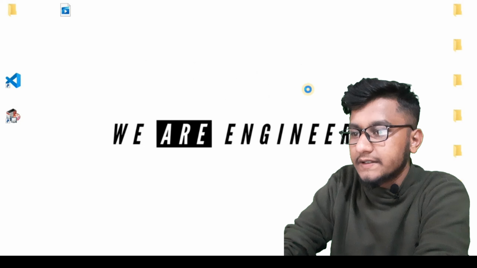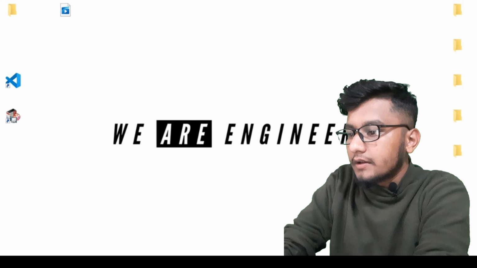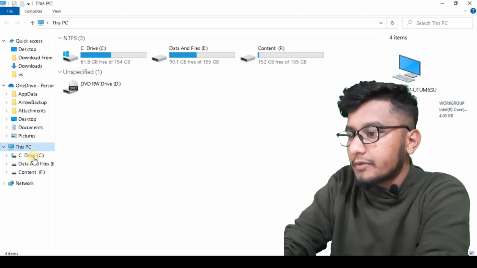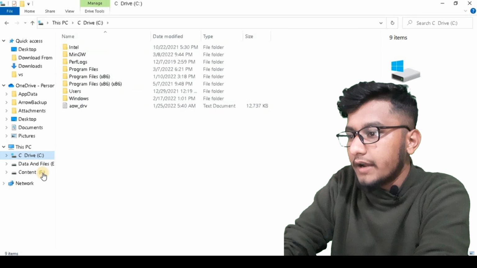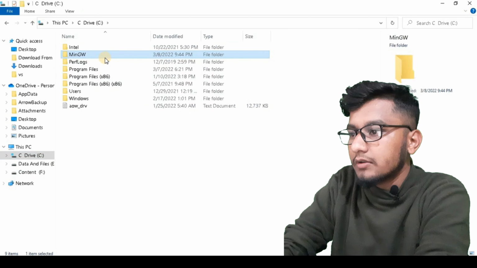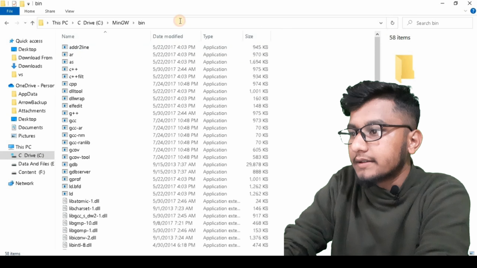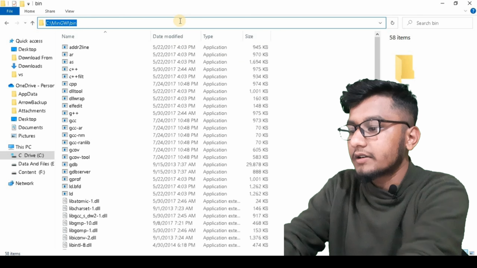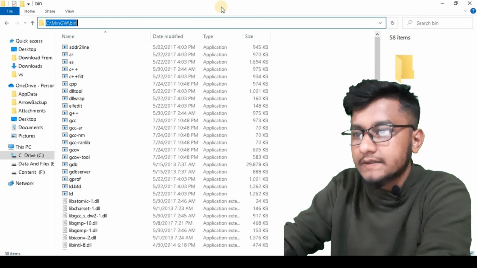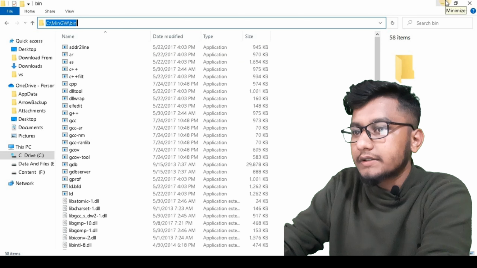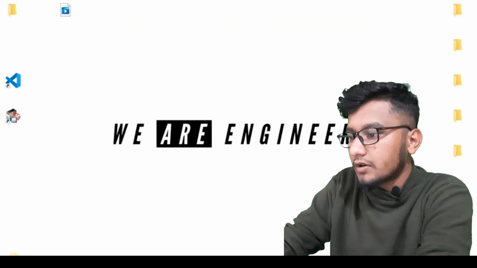Now refresh your PC and you just have to go to the drive. This is the C drive. Okay, so here you can see MinGW. Just go here and go to bin and copy the path. So just click on the path and Ctrl+C and copy this, and after that you just have to come to the